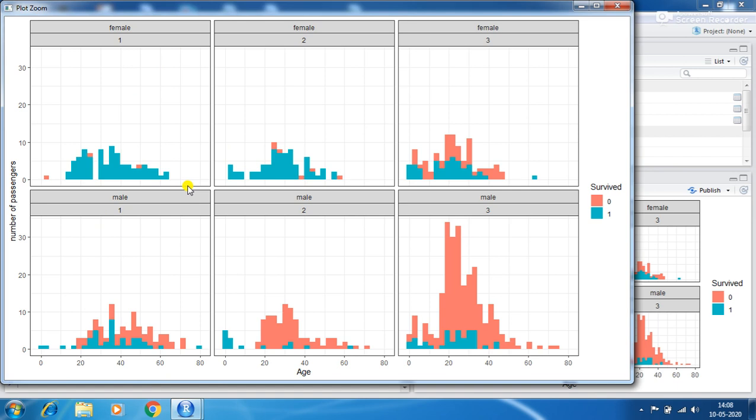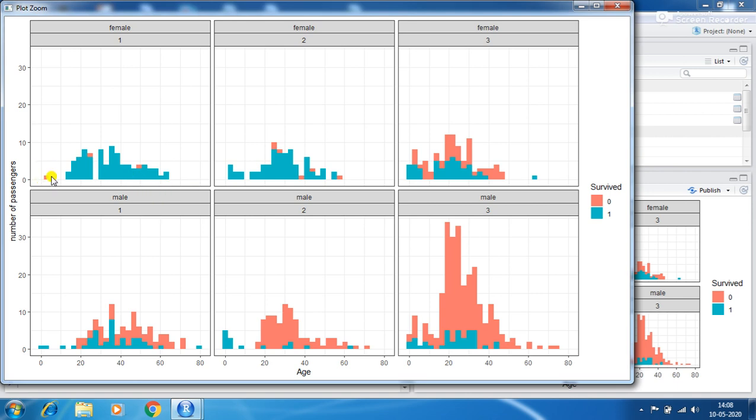Looking at age, we find the survival rate of the children across first class and second class was the highest except for one girl child.